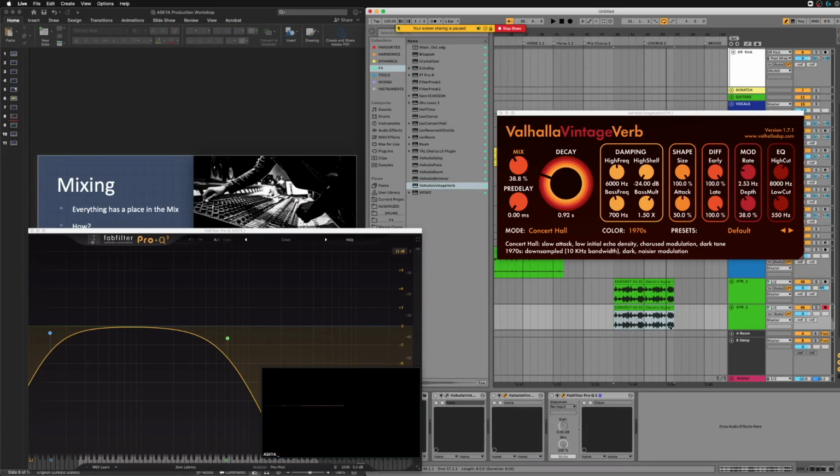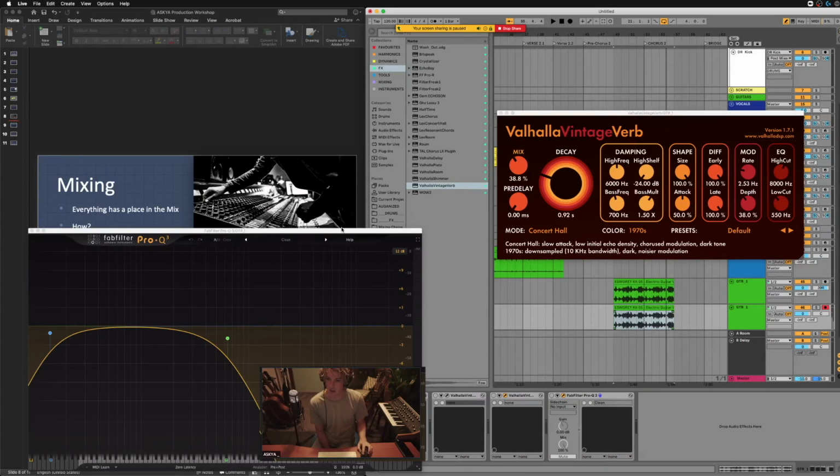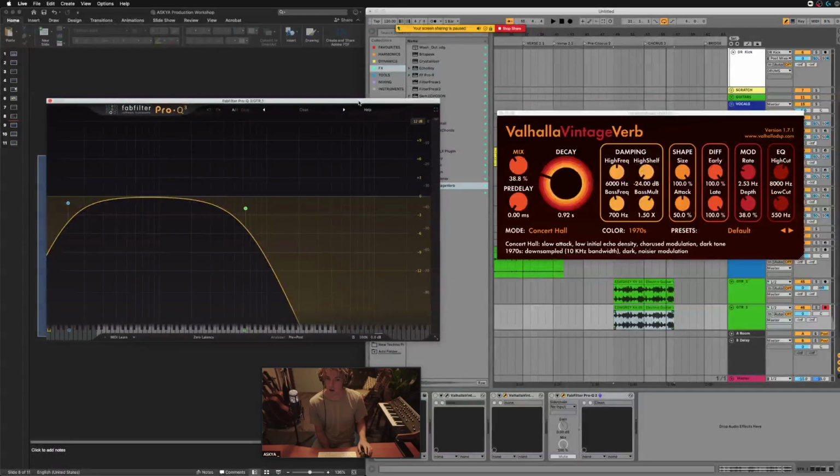Typically everything low frequency you want to be in the middle in mono, because going back to frequencies, you have, you're talking about